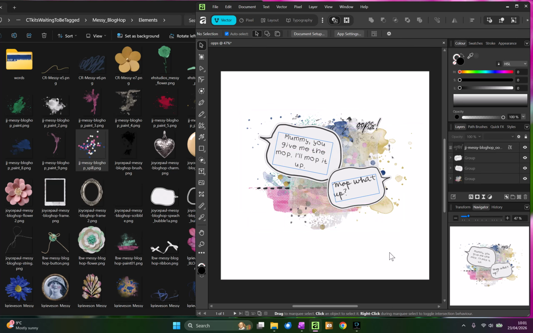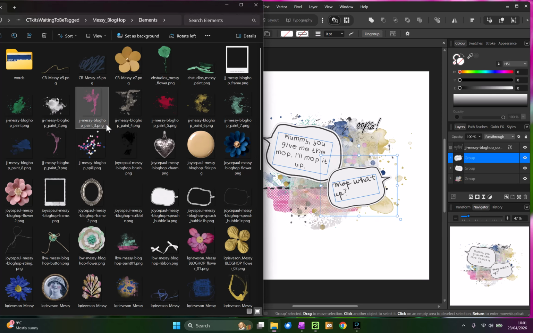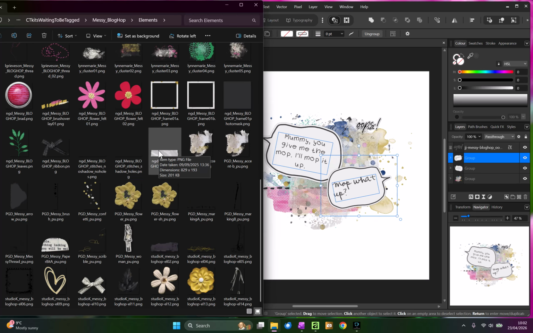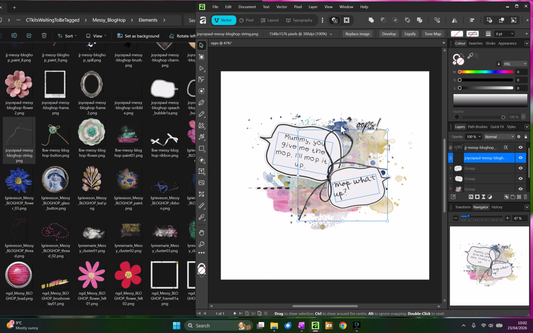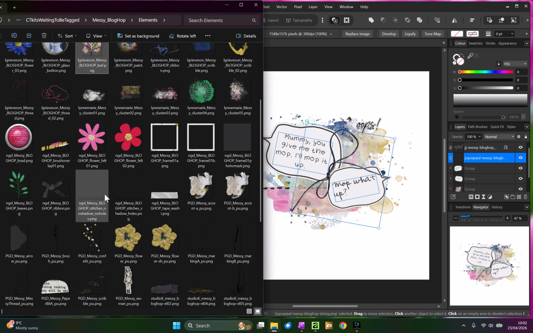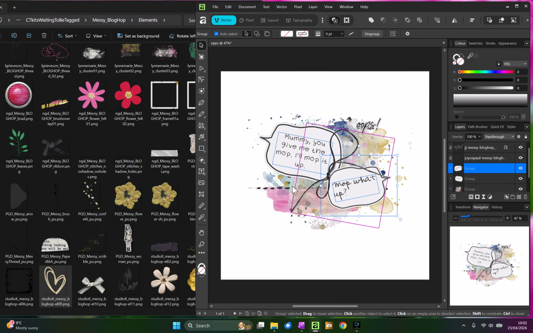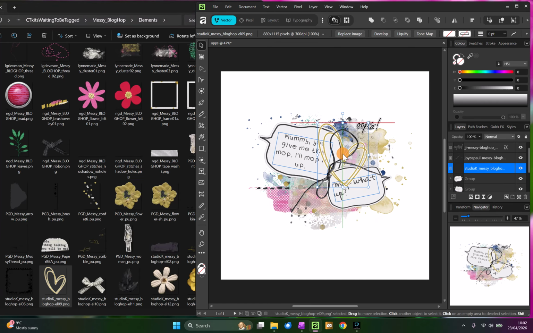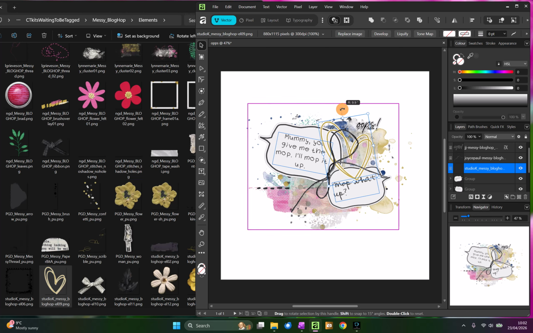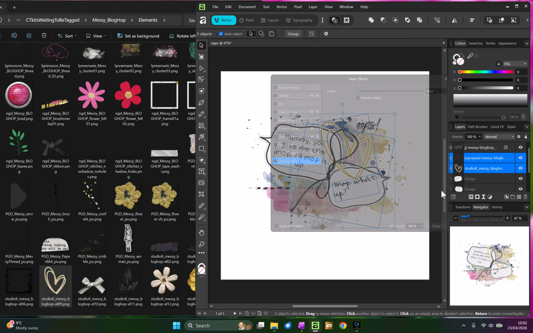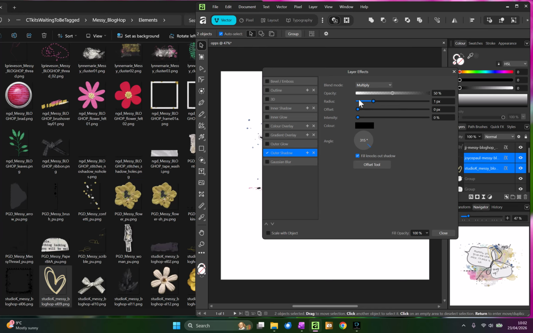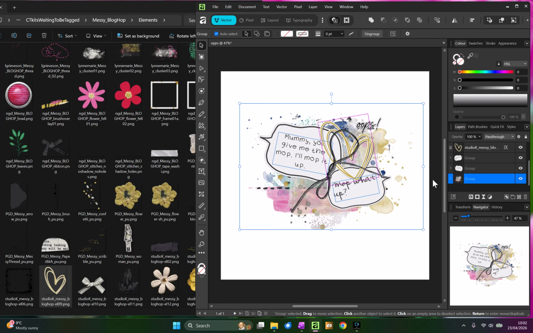And now let's think about embellishing it. So let's go on above the speech bubbles. We've got some messy thread. Yep, we've got this piece here. And oh, that messy heart will be good. Let's put it underneath the thread though. And let's give those a bit of a shadow to lift them up a bit. They're narrow, but lifted above